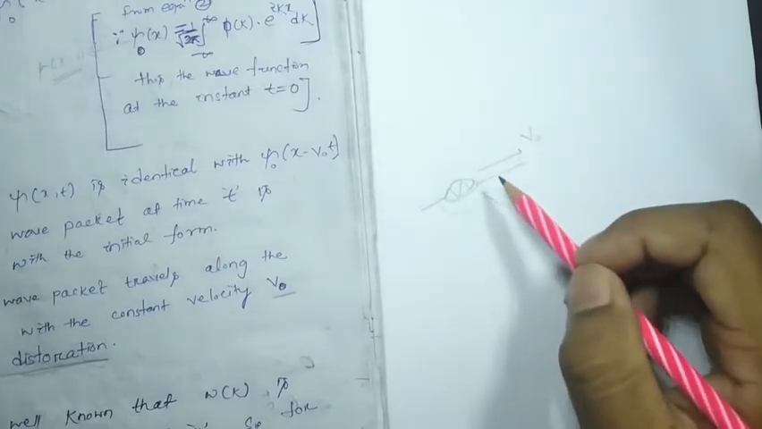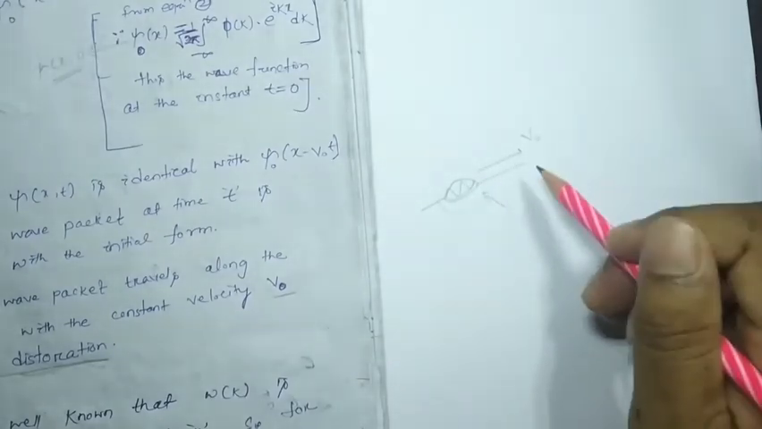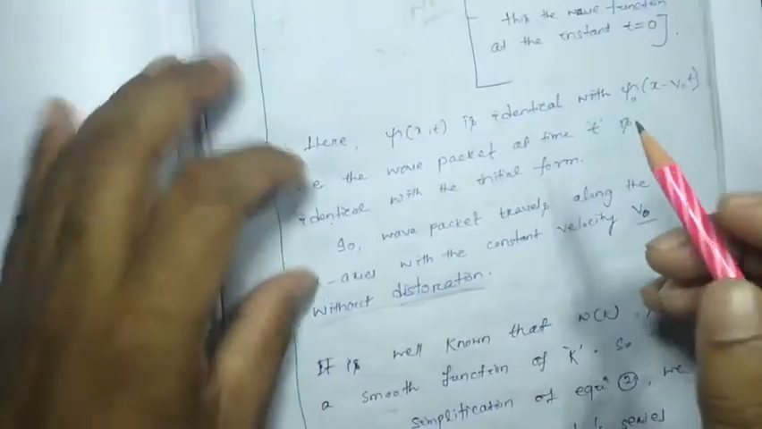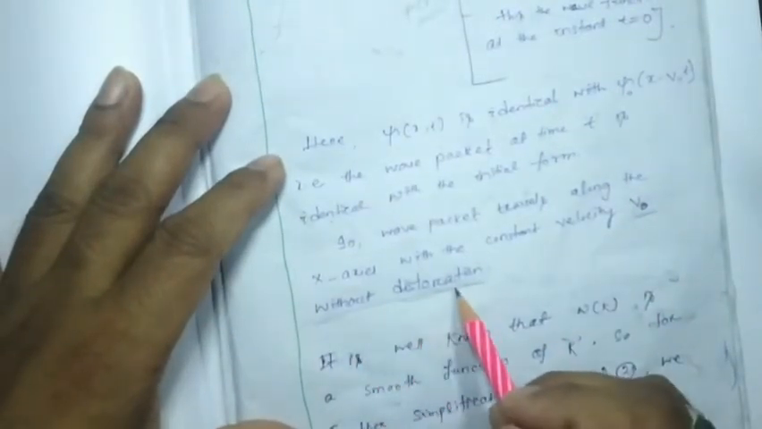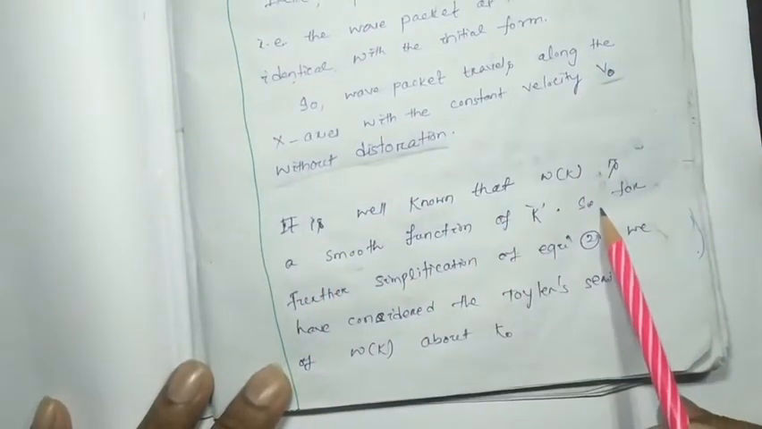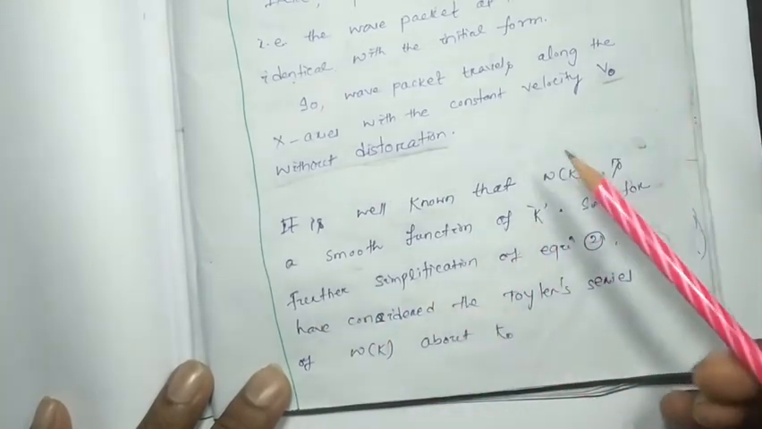However, if its velocity is not changed, that means the wave packet is non-distorted, without distortion, moving along the x-axis. It is well known that omega(k) is a smooth function of k. So for further simplification of equation number 2, we found that for this condition, if the particle is moving along the x-axis without any distortion, it is moving with a constant velocity, and that equation number 2